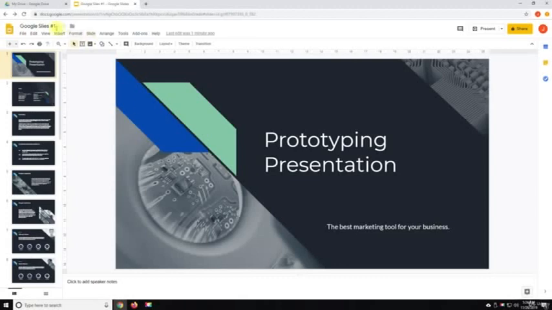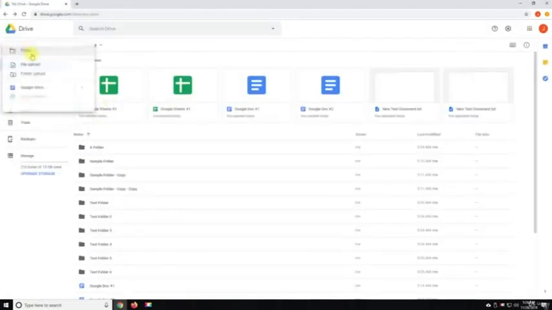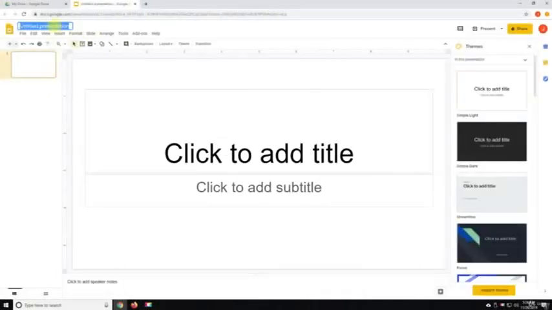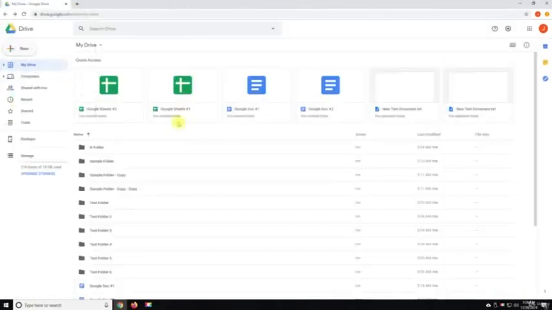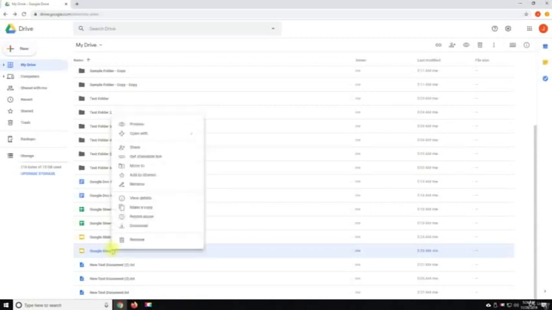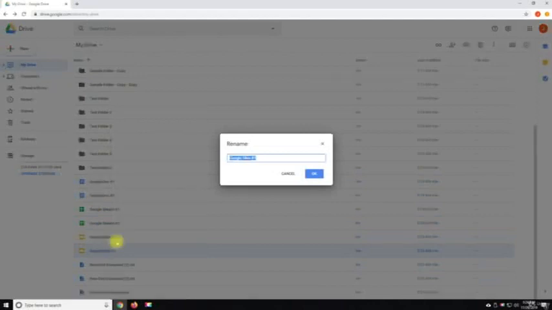Let's do new, and then we're going to do Google Slides. And this time we'll just do a blank. So we'll call this Google Slides number 2. Okay, we'll save that. So it's saving. All changes saved in Drive. So if I close that, we have Google Slides, really? Wow. All right, I'm going to right click and we're going to rename that. Not Slides, that's a new one for me, but Slides. Okay, we'll hit OK. And then if I refresh,